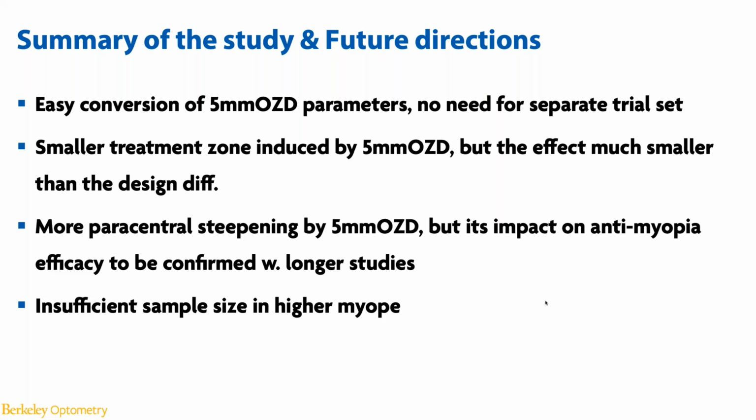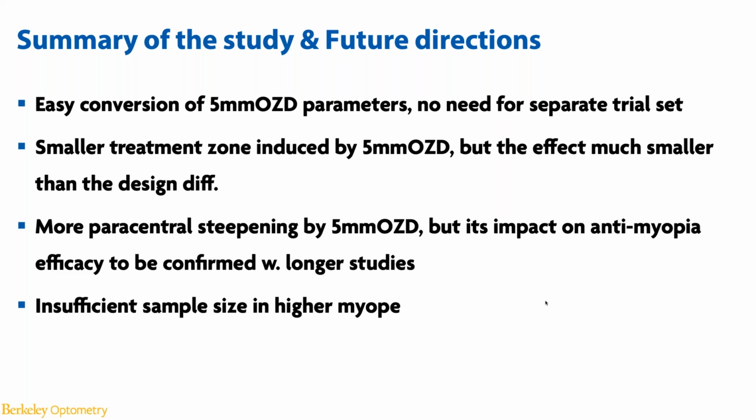Instead, we did a very quick and easy conversion, which is something Kelly will be sharing after this part. For those of you who are used to ordering lenses empirically, or who already have a diagnostic set with the traditional 6mm OZ, you do not need to invest in another 5mm OZ